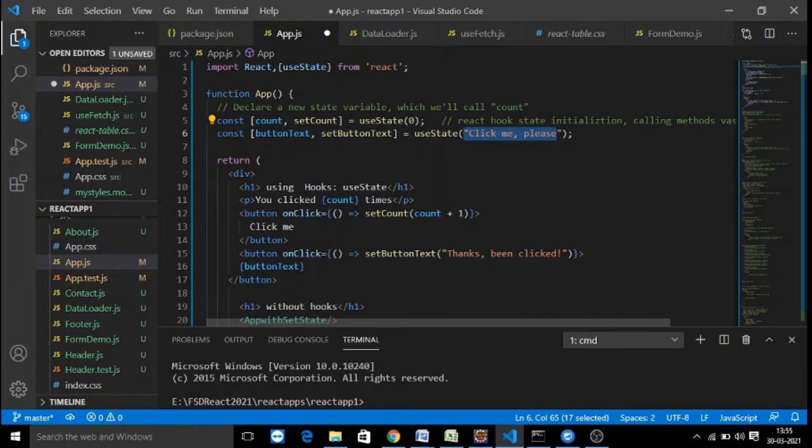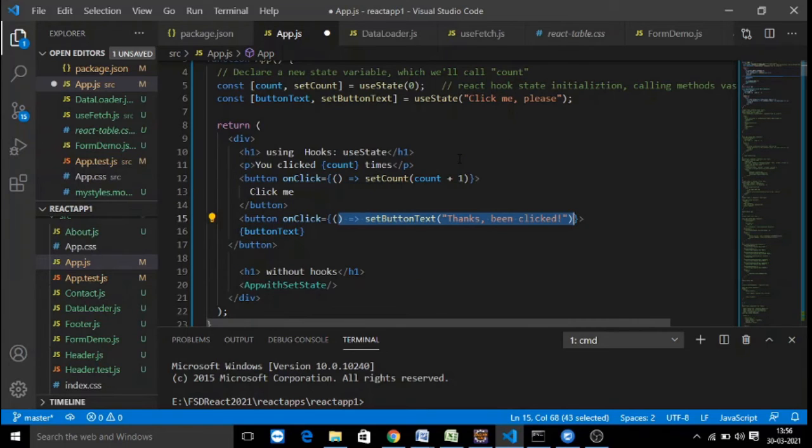And as soon as you register an onClick event here, whenever you click on that button, you are going to register a function called setButtonText. So the setButtonText method is called and it replaces your content. You're not calling any setState method to update it, you don't need to handle any event here, and you don't need to write an explicit function here. Everything can be simplified using your hooks and your arrow functions. This is how you can make use of the useState React hook. This is the very first example we are practicing with.